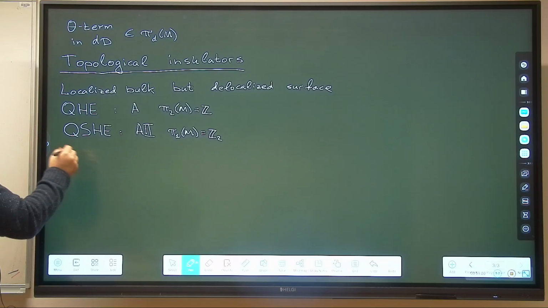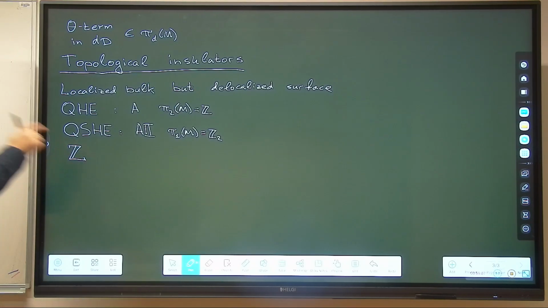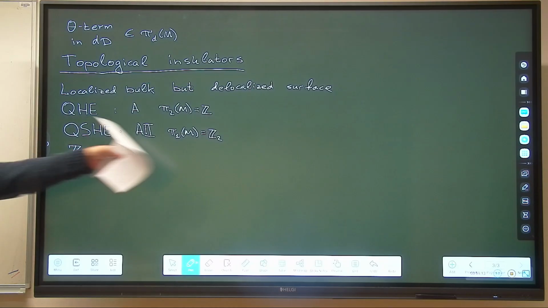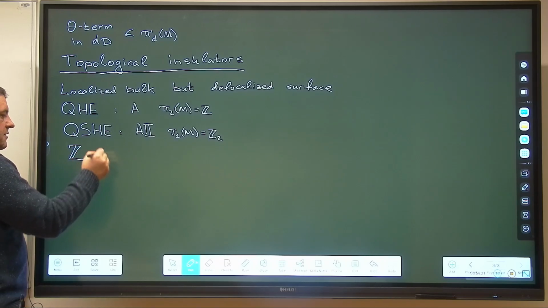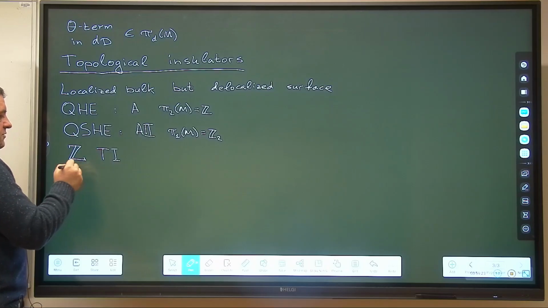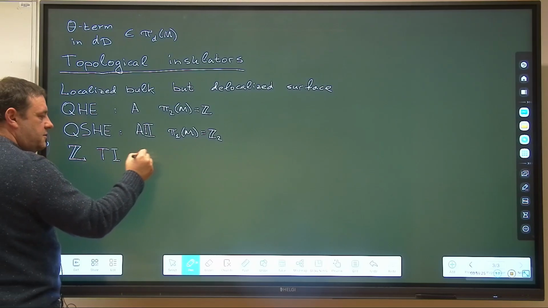So we can generalize these two cases to any class and to any dimension, and this is the statement. There are two types of topological insulators, Z type and Z2 type. Z means you can have any number of delocalized surface modes, and Z2 means you have either 1 or 0. So Z topological insulators exist